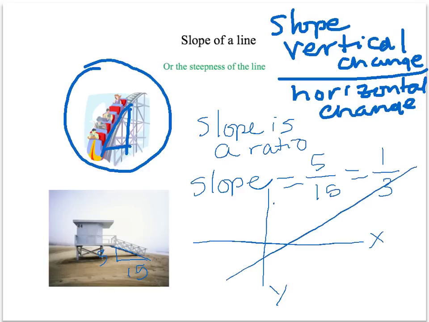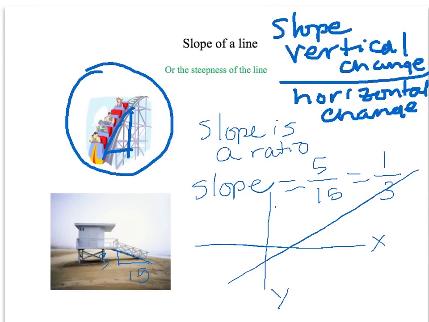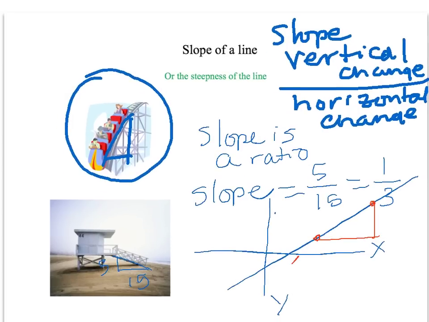Well, if I pick this point here and this point here, the slope of that line would be this distance divided by this distance. So let's just say that this first point that I have chosen,